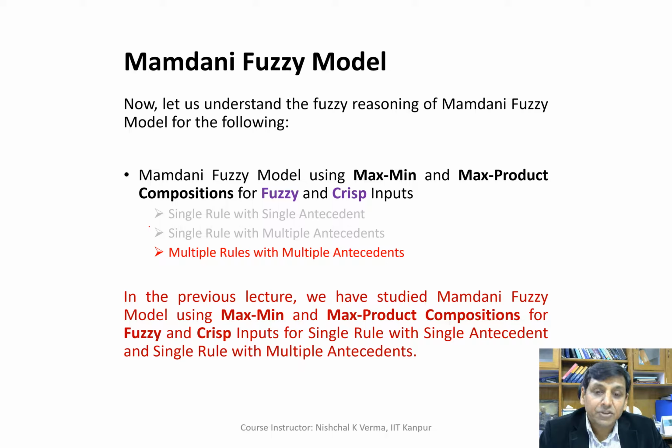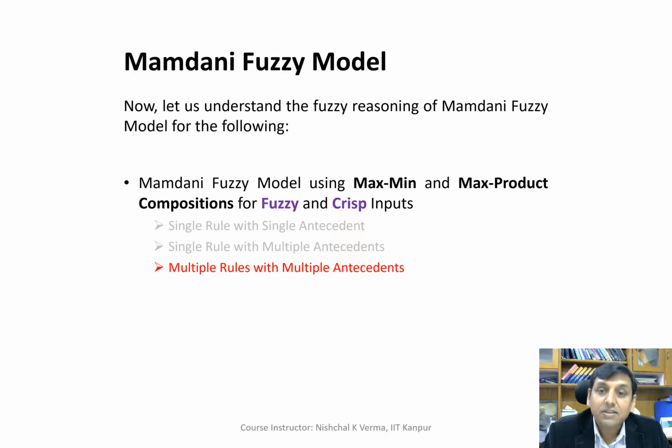In the previous lecture, we covered the Mamdani fuzzy model using max-min and max-product compositions for fuzzy as well as crisp inputs for a single rule with a single antecedent, and a single rule with multiple antecedents. Now let us discuss the third scenario where we have a Mamdani fuzzy model